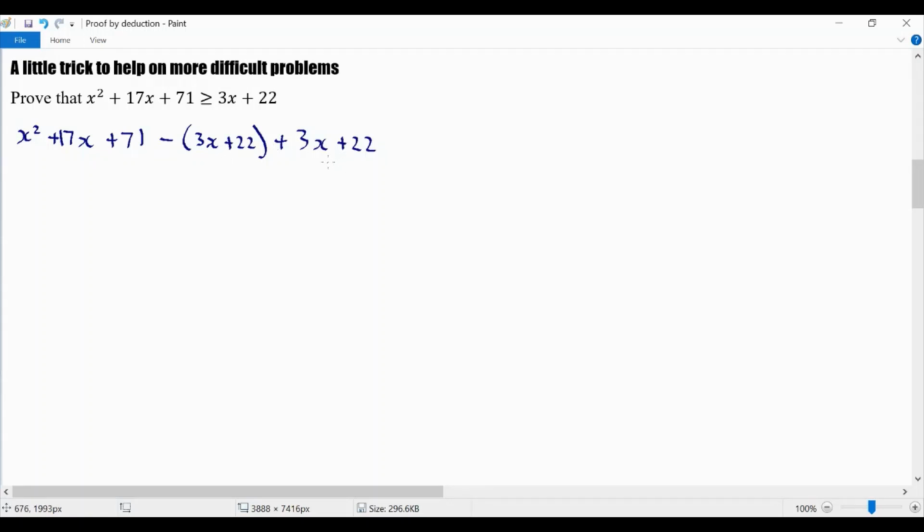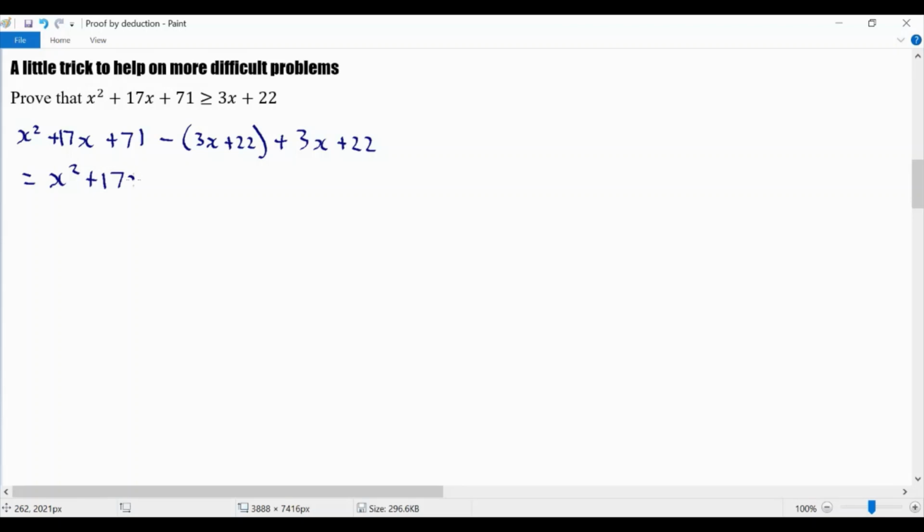Therefore, what this little trick will do is it means I'm going to have a 3x plus 22 present in all my lines of working. I'm not going to do anything to that plus 3x plus 22 because I'm expecting that to be left as almost like a remainder left over from any of the lines of working I do. And I'm only going to use this minus bit, the bit that I would have normally got from working on both sides, but haven't obviously done here. I'm going to just absorb that as part of my working and just leave this thing almost sort of separated. So if I do that, then I am going to have,